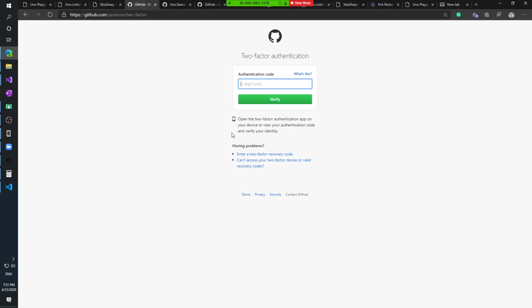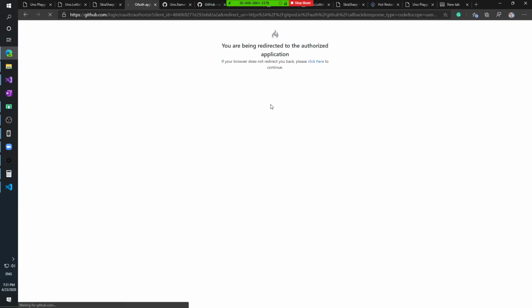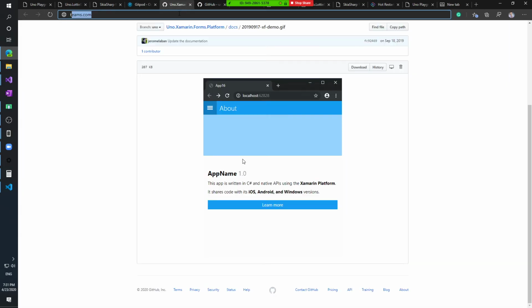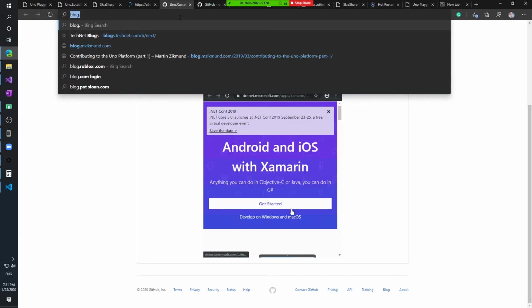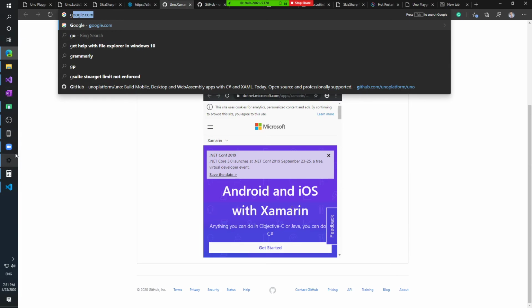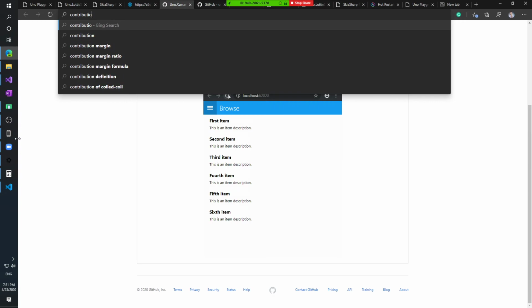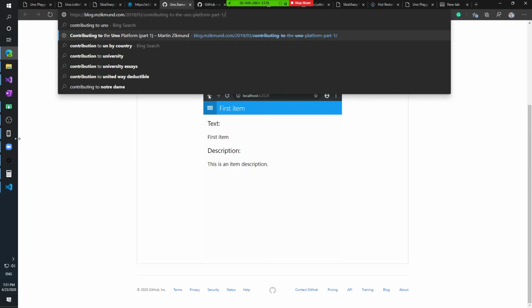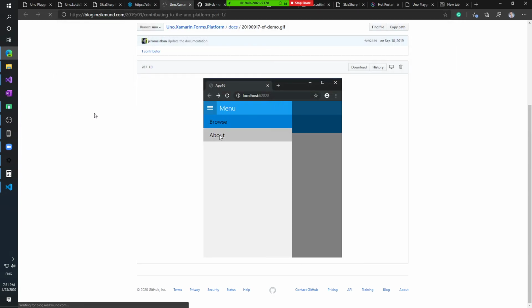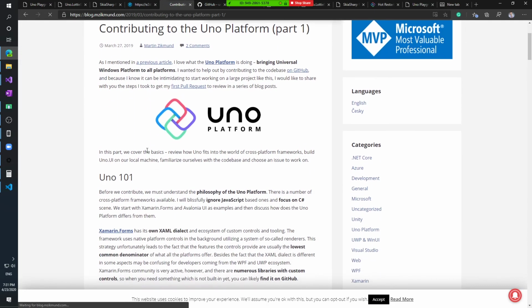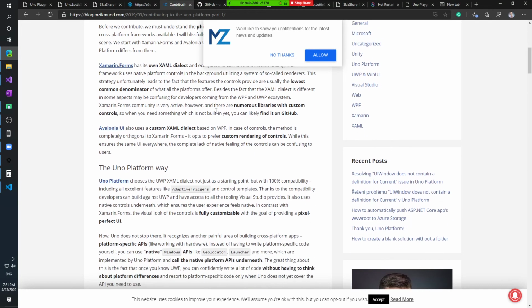But if you fork it, you just clone it on your local device, and there is actually documentation on how to get started with contributing, which is available in the repo. I have also written about it on my blog, contributing to Uno Platform. Yeah, this one. I've written a series of blog posts on how you start contributing,